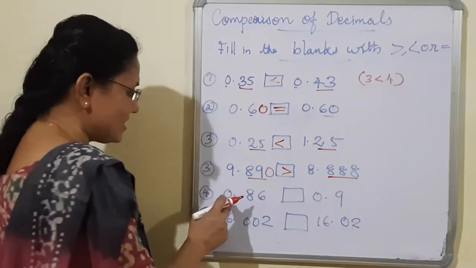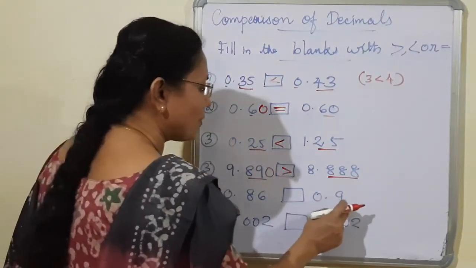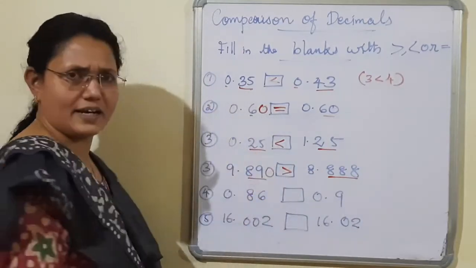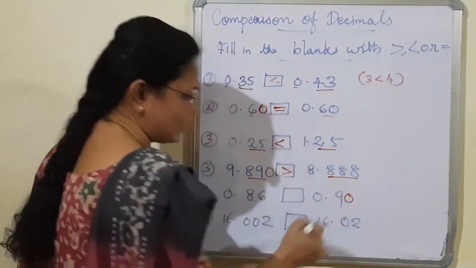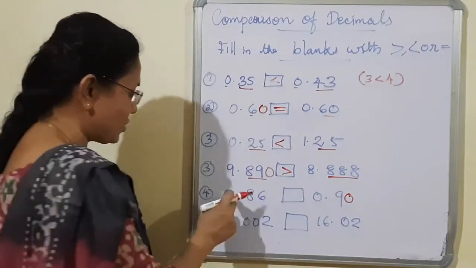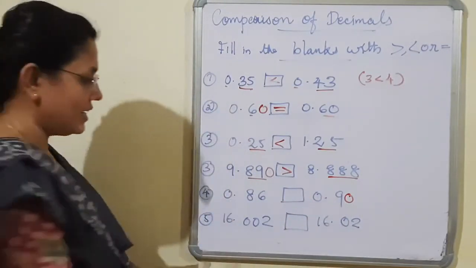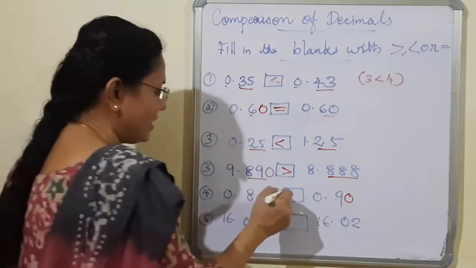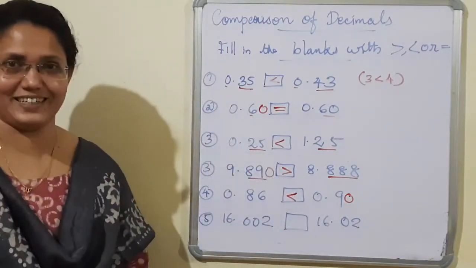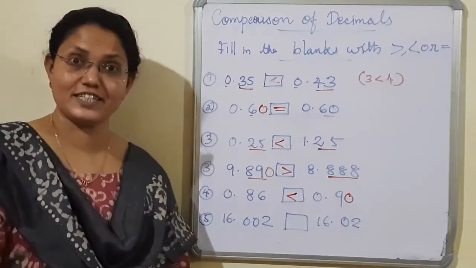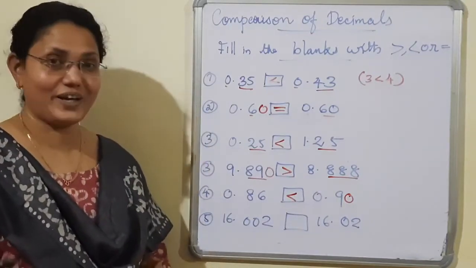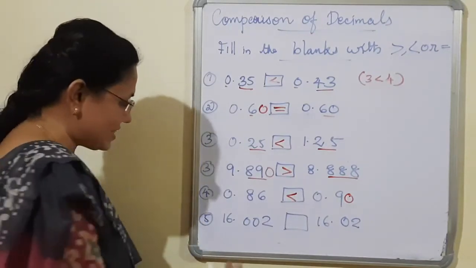Okay. Next 0.86 and 0.9. The decimals are unlike. Change this into like decimal. Then what to do? Compare its whole number 0, 0. Both are equal. Next compare its 10th place. 8 and 9. You know that 8 is smaller than 9. Okay, therefore 0.86 is smaller than 0.90. Okay. Next is the last one,